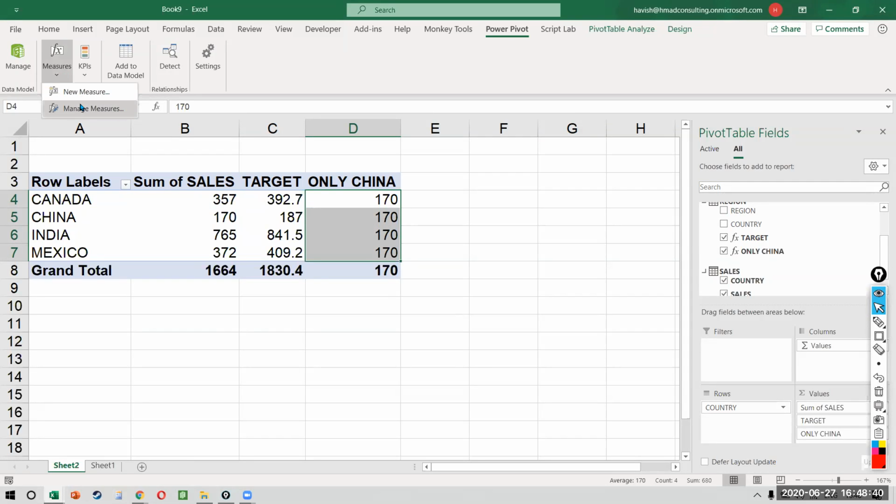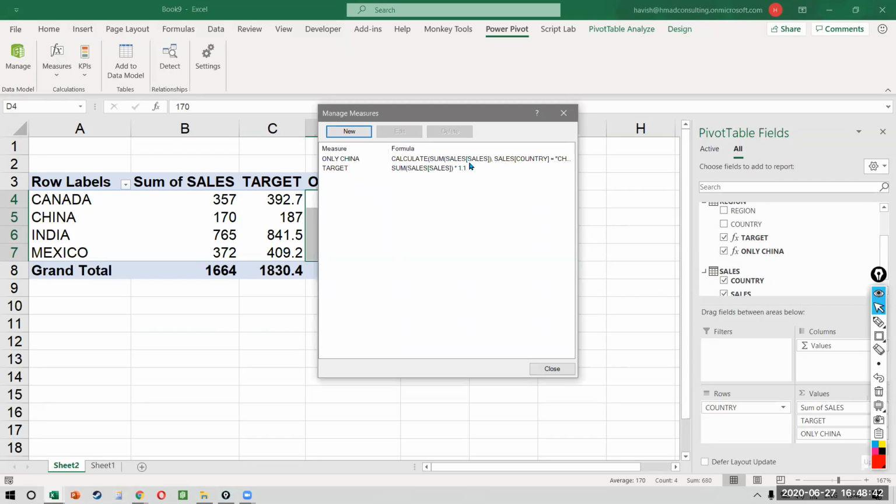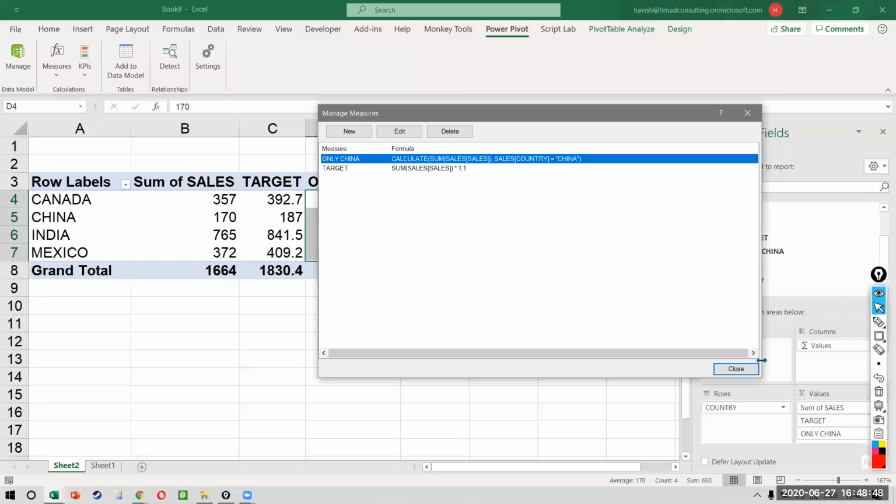Right? And if you want to see the calculations, you can just go to manage measures and you can see a list of all the calculations that you have created like this. See, the interface in Excel isn't very good. In Power BI, it is brilliant. In Excel, it's very primitive. And unfortunately, they haven't updated it over the last many years. But in any case, now work has completely shifted to Power BI. So nobody does all these things on Excel anymore. If we have to do all this, I mean, we can, some basic calculations, but typically Power BI would be better suited to it.